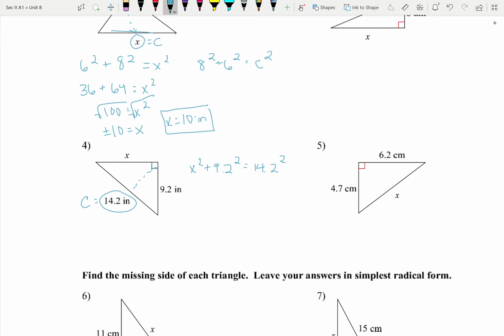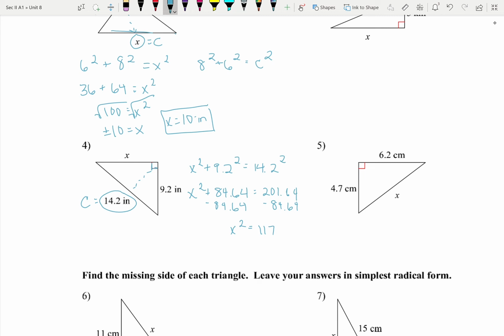X squared plus, and I'm going to type in 9.2 squared in my calculator, and I get 84.64. And then 14.2 squared is 201.64. Now, to get x isolated, I need to subtract the 84.64 from both sides. And I get left with x squared equals